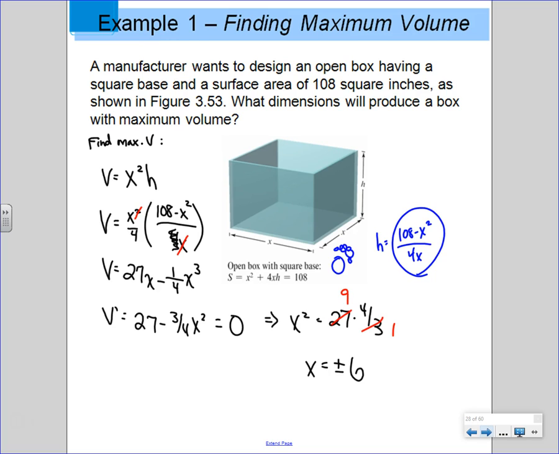What did you guys decide? It's positive because we don't have a negative value. Can't be negative because we're talking about an actual measurement. And so therefore we can take this and say, hence x equals 6. Now what are they asking for? Dimensions. So if I have x equals 6, my dimensions of max volume